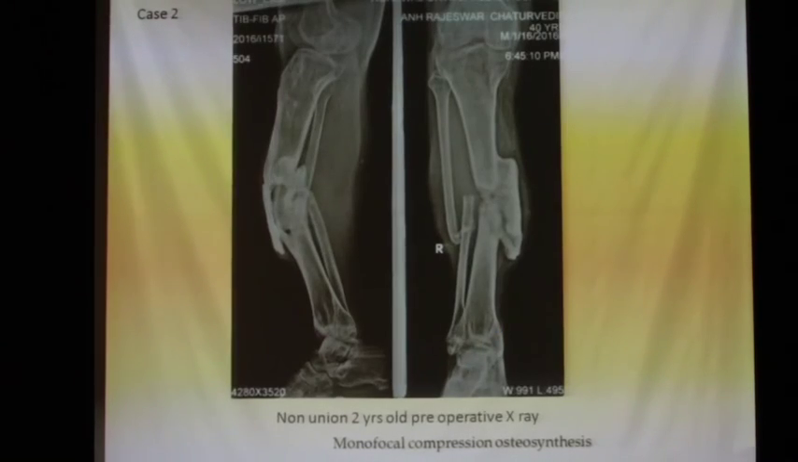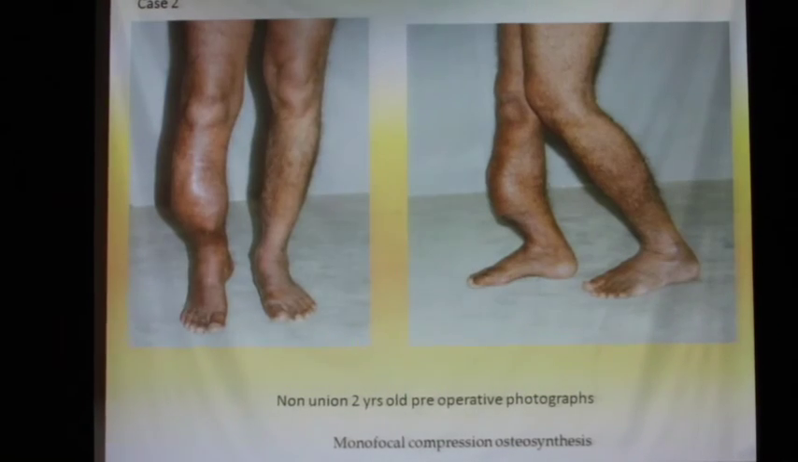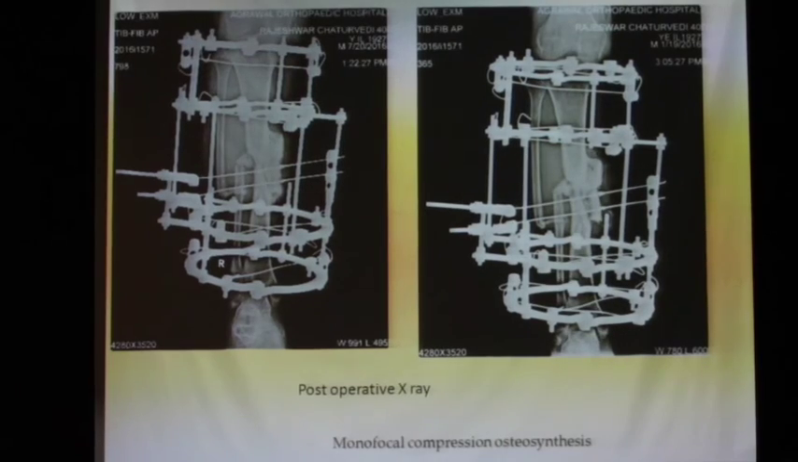Next. These were very complicated. Came to us from Lucknow. 2 years back, got the non-union. Very big chunk is there. So it's a very good, 2 years there was non-union. Next. So you can see how much non-union is there. Next. So what we have done,